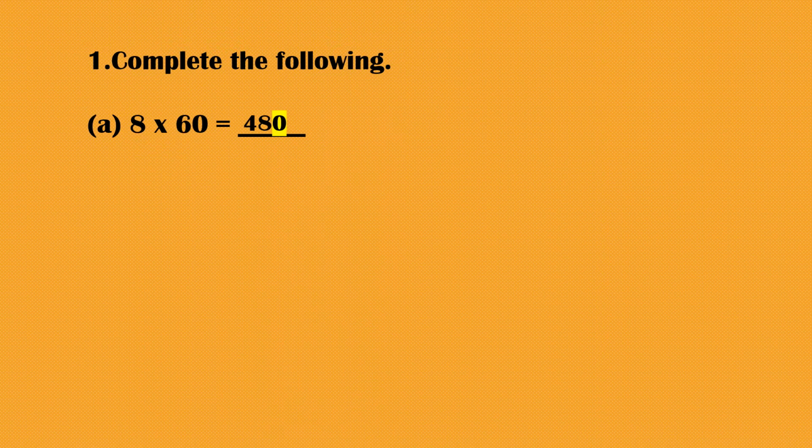Now what have you done? You have multiplied 8 into 6. And then you have mentioned the 0. Why have you mentioned the 0? You have to see how many zeros there are. That only you have to mention after that.